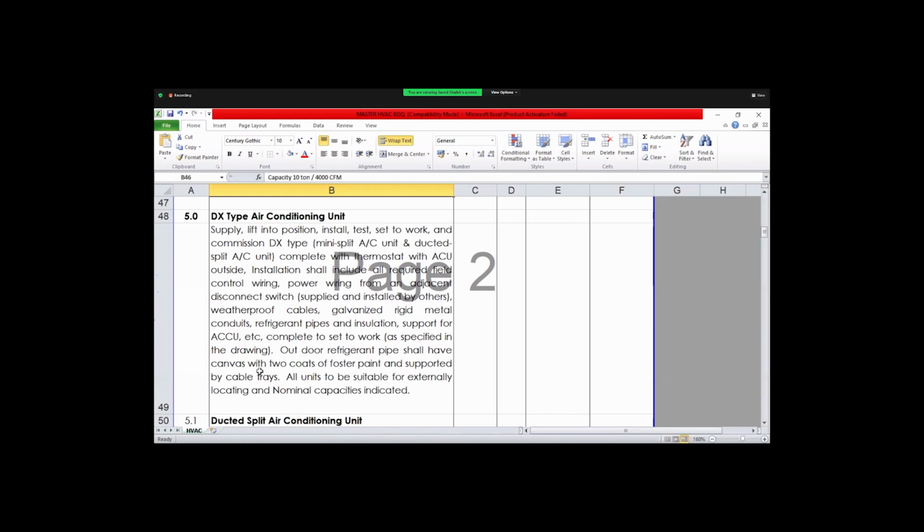On the outside circumference of the pipe, we have to provide a canvas cloth. Above the cloth we apply an adhesive to stick the canvas to the pipe, and then we apply the Foster paint. This is a white paint. It will increase the life of the canvas, and that's why we are using Foster paint. We can use it for outdoor piping of AHU also.